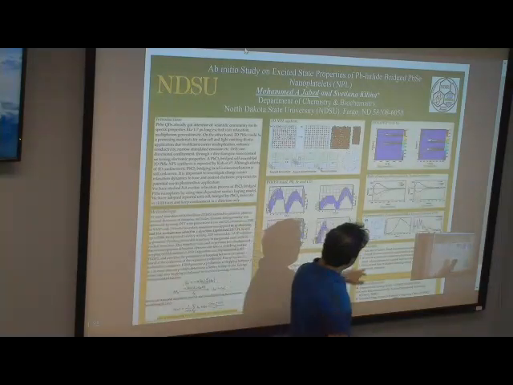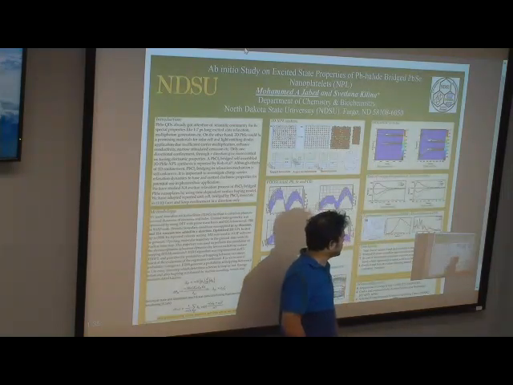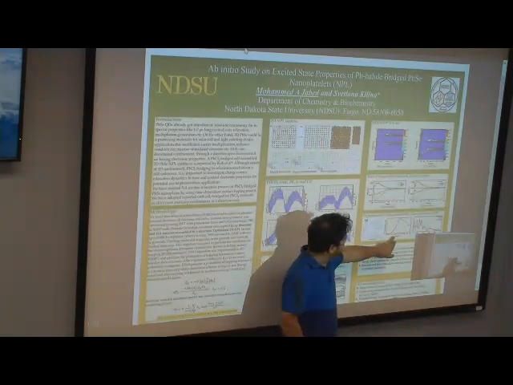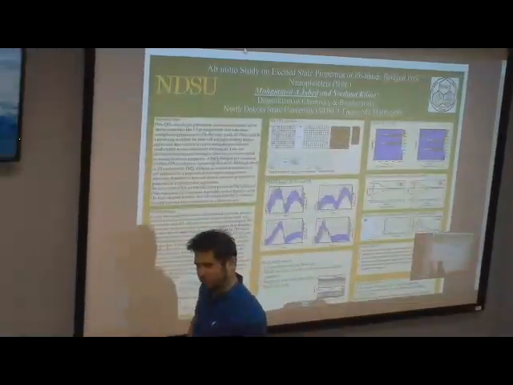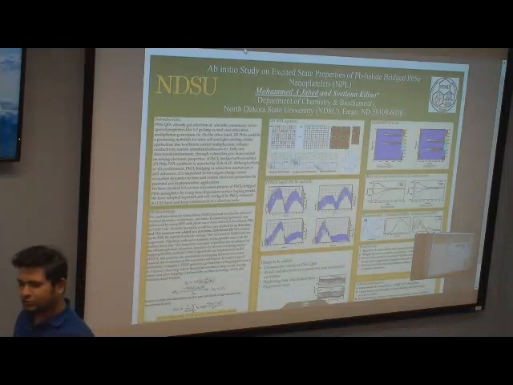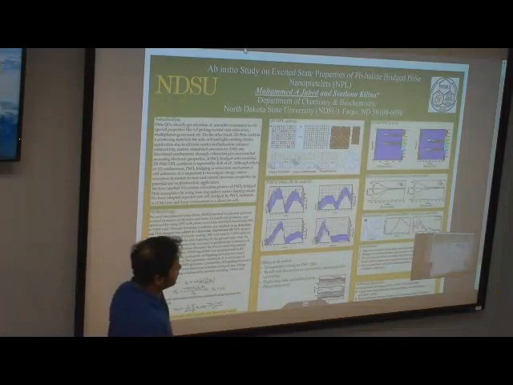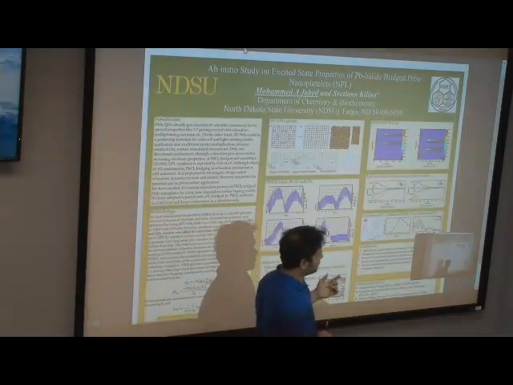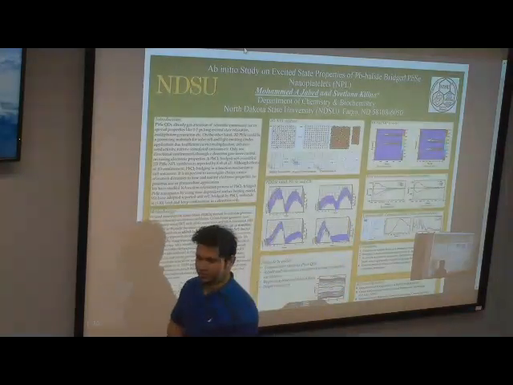And here I'm showing the experimental result and my calculated one. This is my calculated one. The absorption spectrum is pretty much blue shifted compared to the experimental one. The experimental one shows the lowest band energy close to 1200 nanometers, which means 1 electron volt. In my case, the calculated one at 300 Kelvin, the lowest band is 1.5 electron volts.